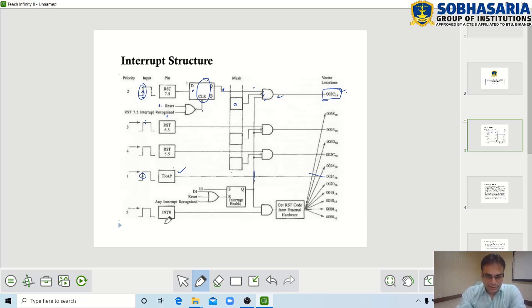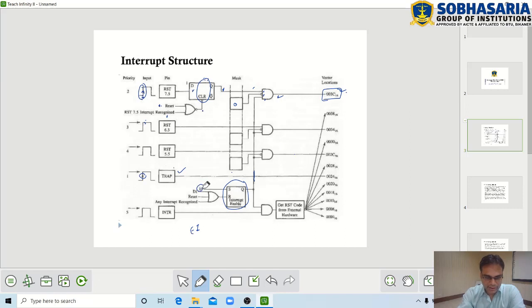Coming next to this INTR, which is the least priority interrupt, which is a little different in execution because this is a non-vectored interrupt. It has multiple vector locations. So let us see. And this is the interrupt enable flip-flop that we explained earlier, which can be set or activated if the EI instruction is executed.